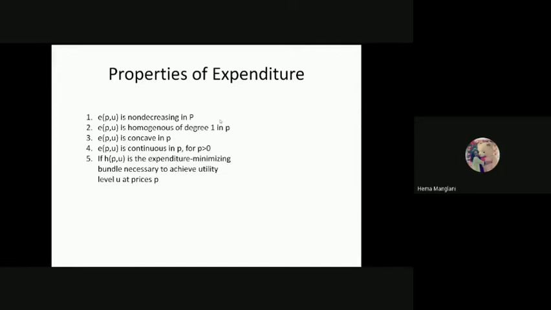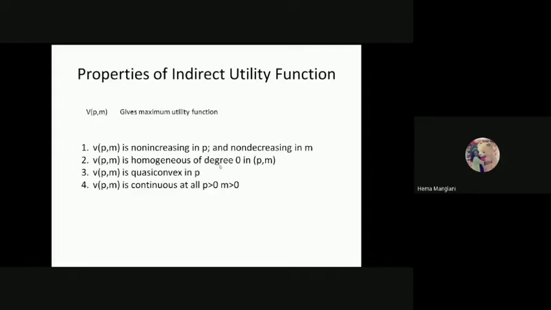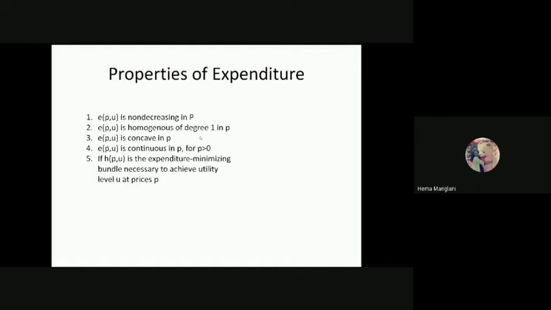in the third semester. So the product exhaustion theorem is also one property that we do follow, that is homogeneous of degree 1 in P. The homogeneous of degree 1 is again we are talking about the scalar t, the value is 1. It means the power of the function is 0 and that is giving you the value of 1. So we'll also do this separately along with homogeneous of degree 0, because we have different forms of production functions. Here we are talking with reference to utility, and there we are talking with reference to production function. So here, E would be the function of price and utility, and it is concave in P.